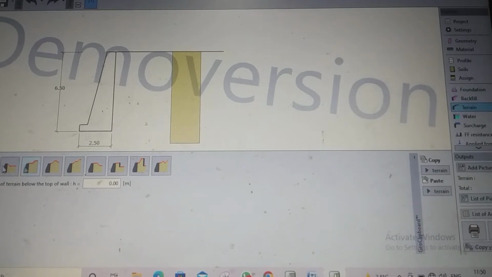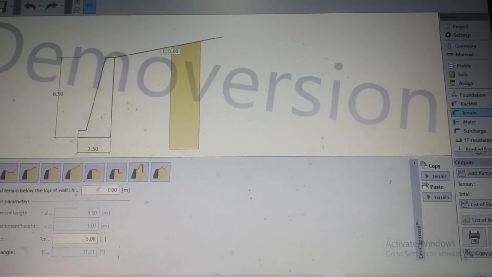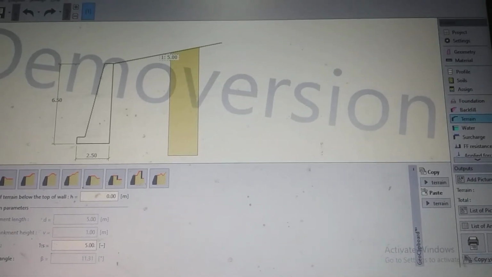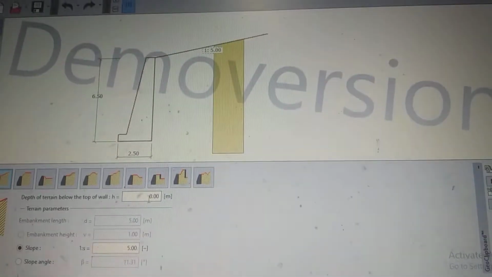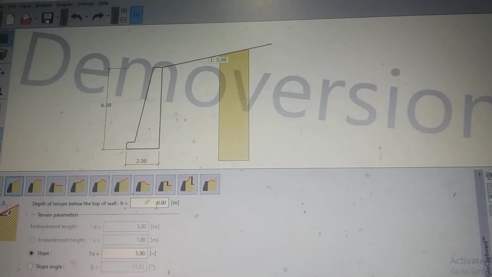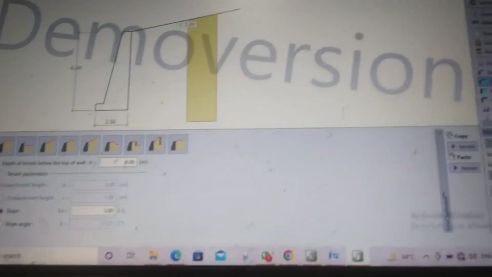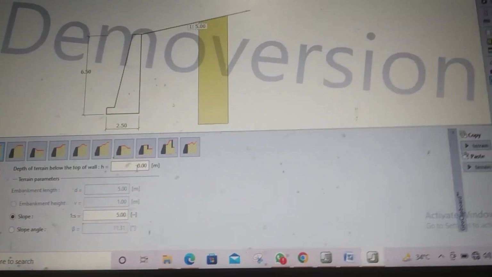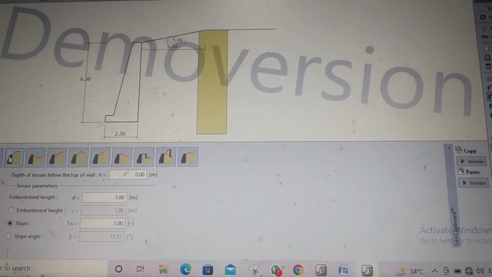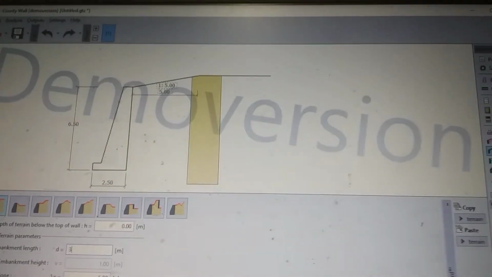Okay, next step is terrain. If there is no horizontal plane with the top surface, then we have to provide a terrain. In this case, for embankment depth we have to take this shape. Embankment depth is 3 meter.